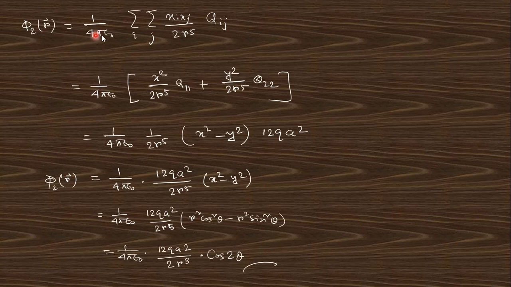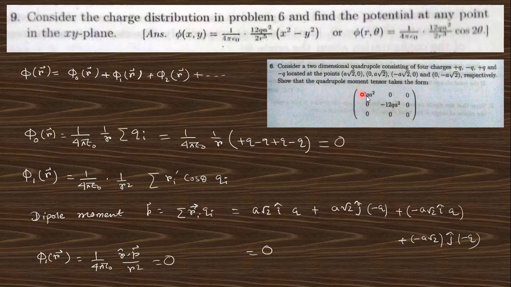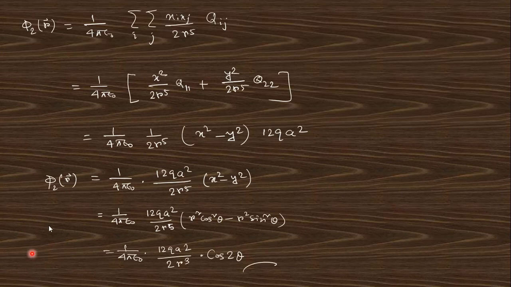Next, that is the quadrupole term. This is 1 by 4 pi, summation ij, x i x j by 2 r to the power 5, q ij. Here you can see only two terms exist, others are 0. So here we take these two terms, q11 and q22. 11 means x, so this is x square, and 22 means y, so this is y square. If you take this and put in the values of q11 and q22, there is a minus that arises. So finally you will get this expression,